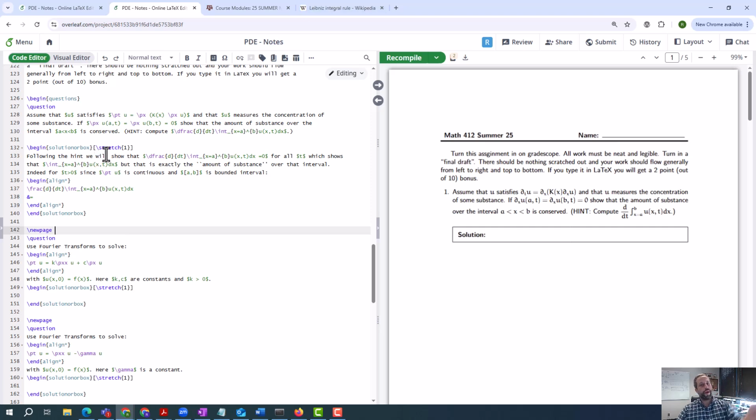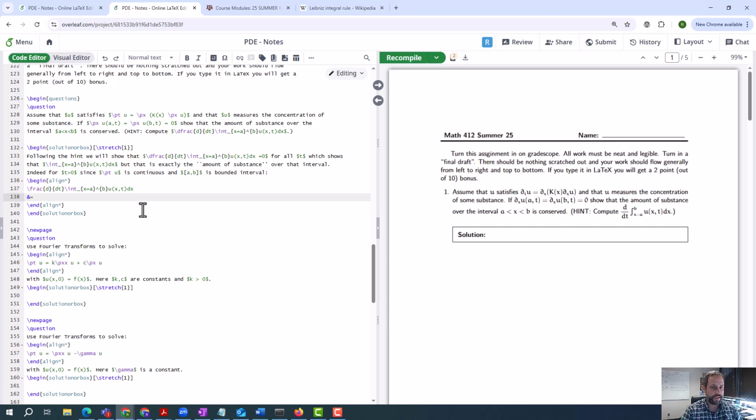So for a finite interval, in order to be able to exchange the order of integration and differentiation, this function needs to be continuous in both variables, which it is. The t derivative of u is continuous in the t and the x variable. I guess we've talked about how it's smooth in the x variable and smooth in the t variable, but we haven't talked about how if you take the t derivative, it's also continuous, and it is continuous. Anyways, since the partial derivative of u is continuous,